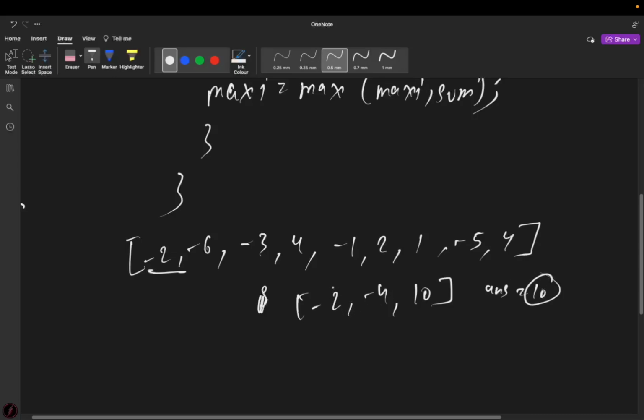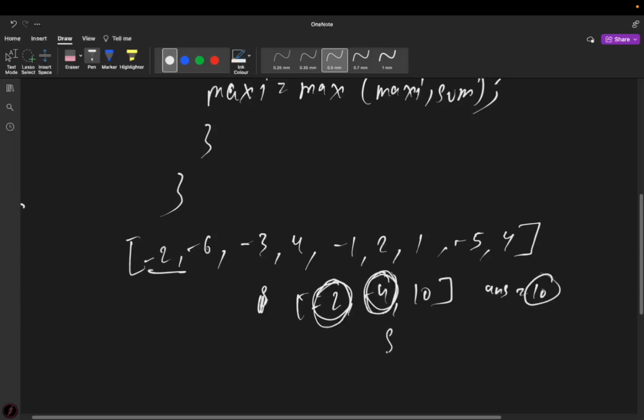For example, if I take a sum variable and add -2, the sum will be -2, right? If I add -4, the sum becomes more negative. If the sum becomes more negative, it is not going to increase in future, it will be decreasing, right? Why? Because we are adding more negative value to the current sum. So it does not make sense to add more negative value to the sum. The better we can do is, whenever the sum becomes negative, for example, the sum is negative and at this index it becomes more negative,